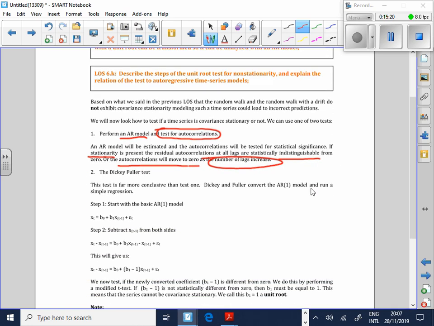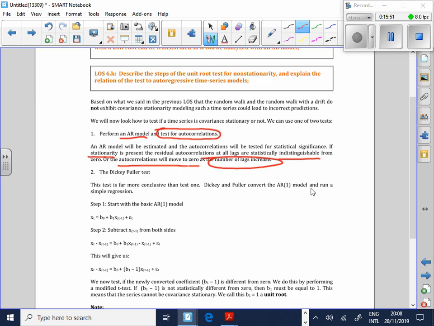Next test. It's so important that you don't get bogged down in the x sub t minus terms. Look what we're doing here. I'm trying to test if there's autocorrelation, because remember, if there's a problem of serial correlation, then I've also got a problem that the terms are not covariance stationary. I've got a unit root, b1 is equal to 1, etc. How do I test for this?